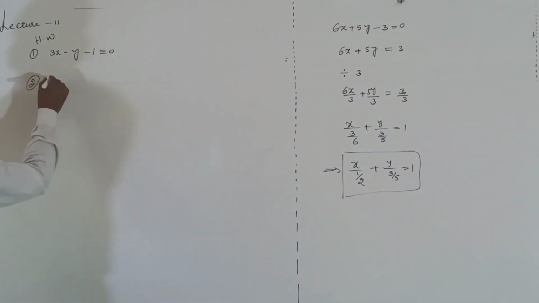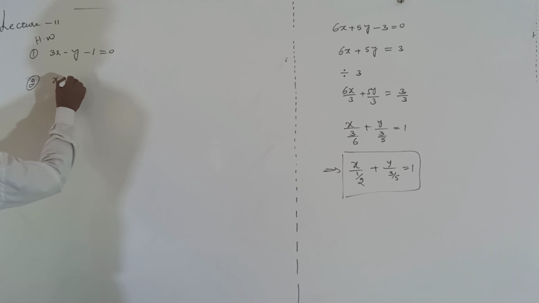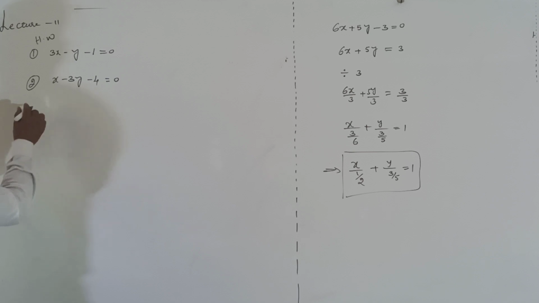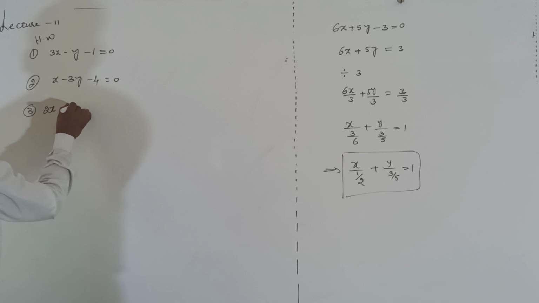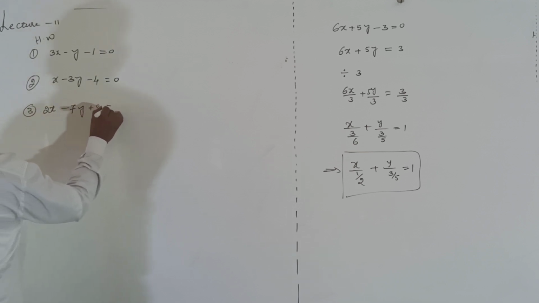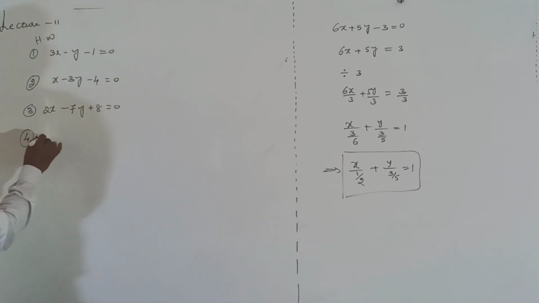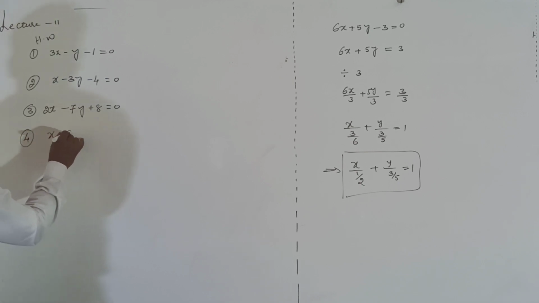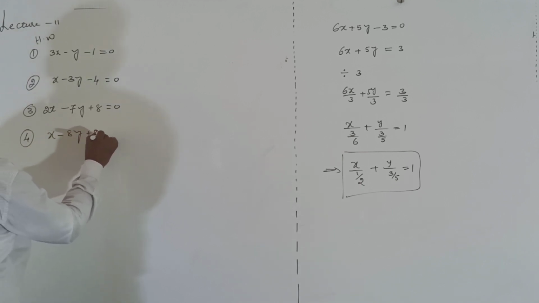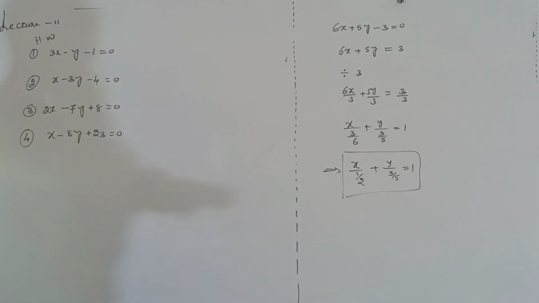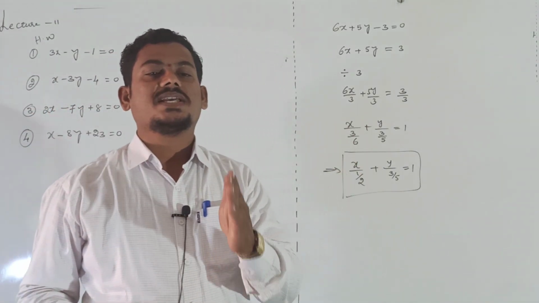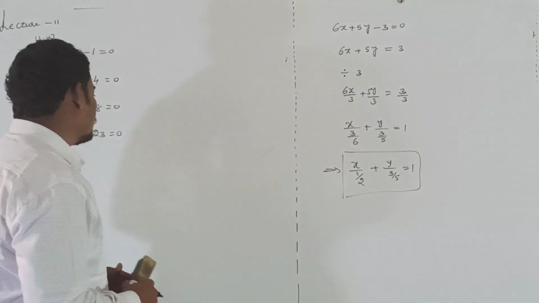Second problem, x - 3y - 4 = 0. Third, 2x - 7y + 8 = 0. Fourth one, x - 8y + 23 = 0. Convert these equations in the form of y = mx + c. Convert or reduce the equation into slope intercept form. And second,